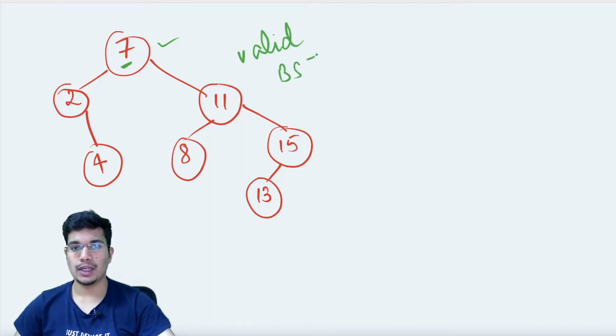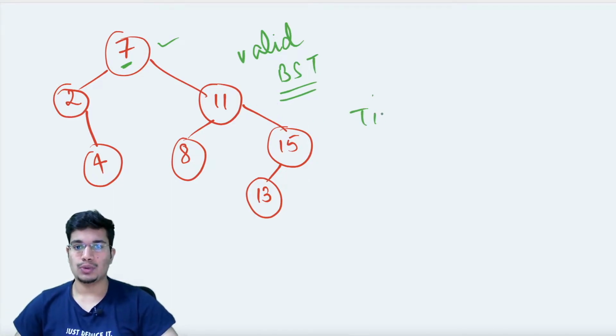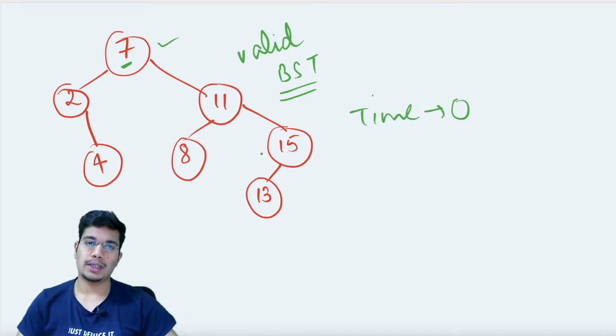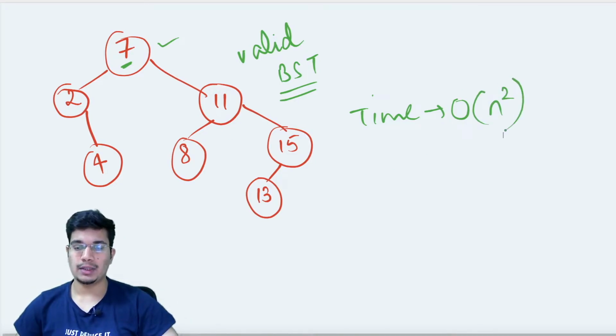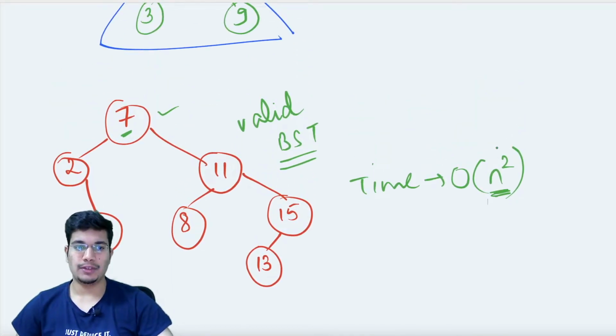So this is how we are iterating over every single node and then towards their left and right subtrees in the brute force approach. So if we talk about the time complexity for this one, it's obvious. There are n nodes in my tree, and for every single node, I need to iterate over all the nodes in my left subtree and all the nodes in my right subtree. So at max, this can be big O of n square in terms of time. And this n square factor is basically making this approach a very costly approach in terms of time.